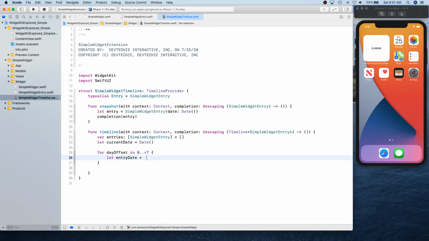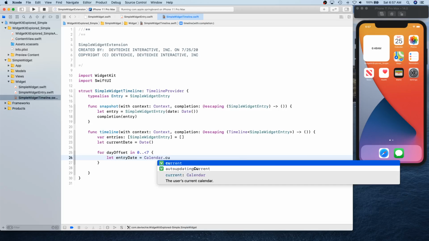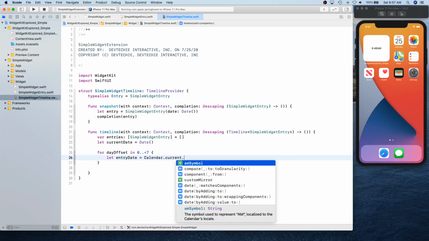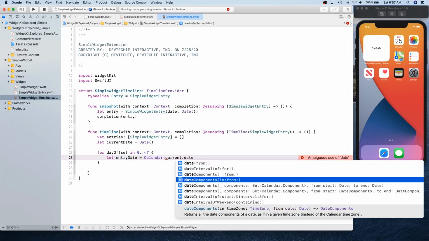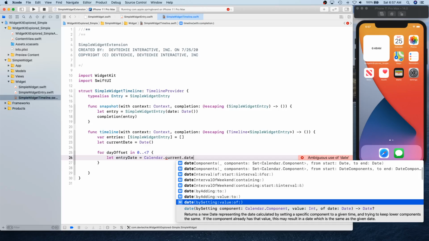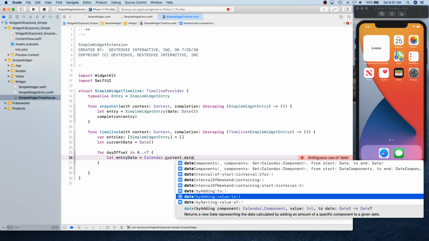Entry date is gonna be Calendar.current.date, and we need the overload that actually takes byAdding value and to. So let's look for byAdding value and to.